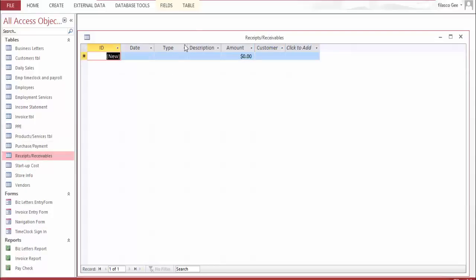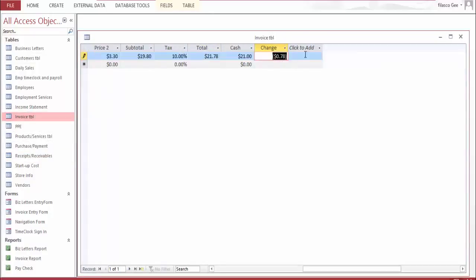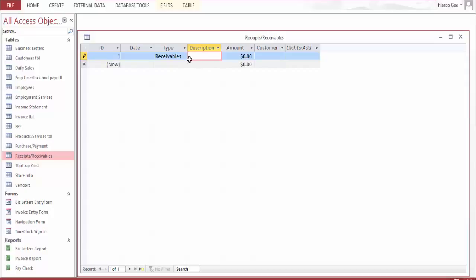This receipt and receivables, I can register this right here as a receivable, so that when I get paid later, I can just put the customer name right here and description, refer to maybe account number, in the invoice section. For this money, you're tracking this in one big database that you can go in and fill in, refer to 0.78. Then the customer,